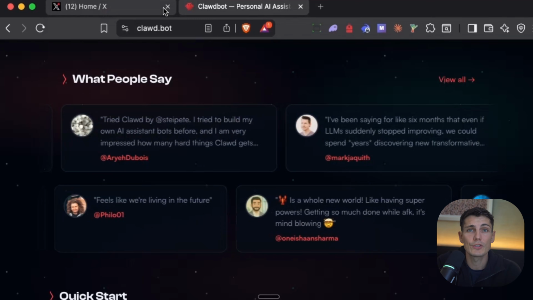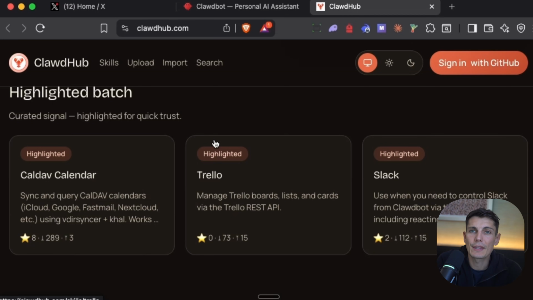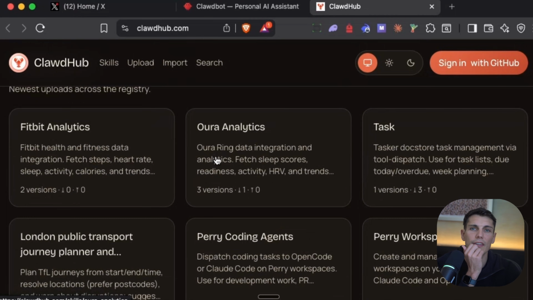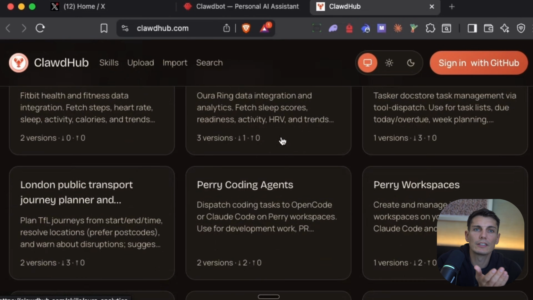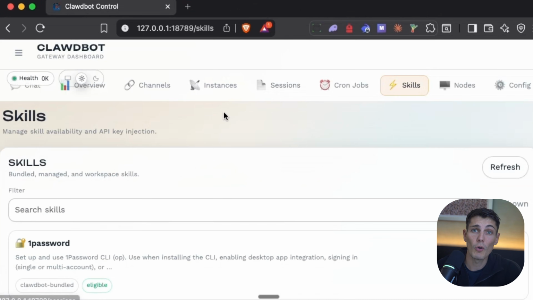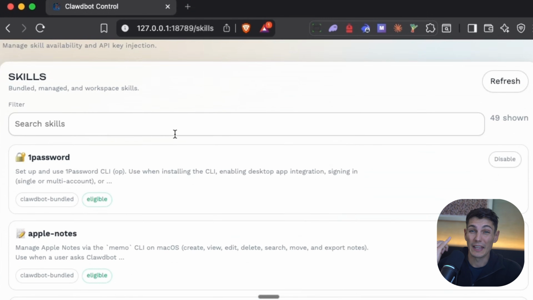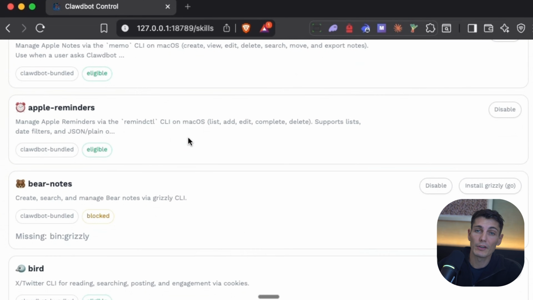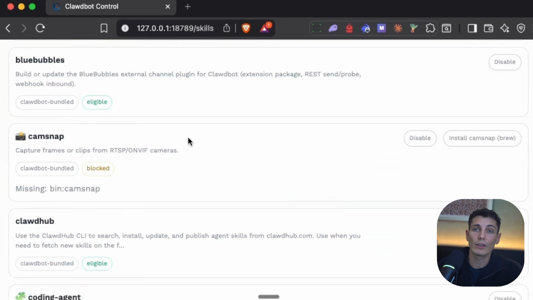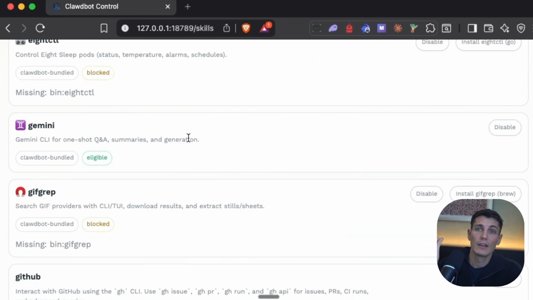Now, nowhere to hide. Plus, the beauty is that you can integrate so many things with Claude, and that's probably going to be bigger and bigger. Like calendars, Trello, Slack. So imagine I put my Trello, I have directly my Kanban with all the projects, and I can say, okay, add this, let me know what we need to work on. I could put my Fitbit, Aura rings, tasks, because it has access to so many things. In my skills, it's on 1Password, so you can log in on the website. Apple Notes, Apple Reminders, Bear Notes, I'm not using it. It can access Twitter, a camera if you want to connect it, 8x if you use that,